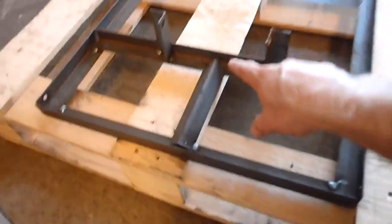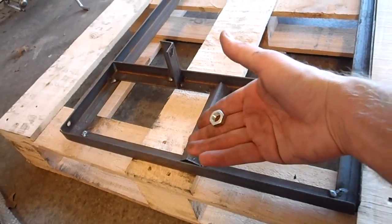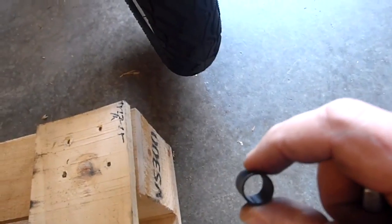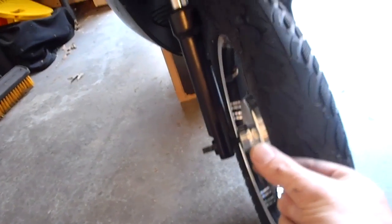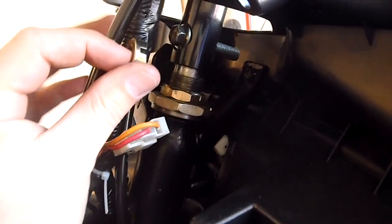Alright, so when I took the axle off here, I found that that was the nut that I took off. And here is the little spacer that I took off. So that definitely goes right in there. That's the right thing. Okay, so after having watched a video at Scooter Madness, I found that this part goes